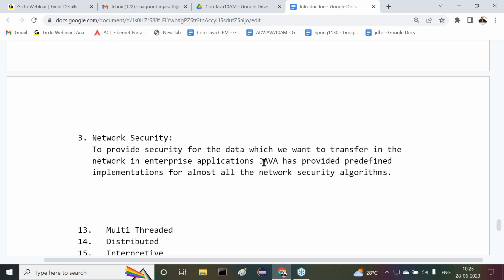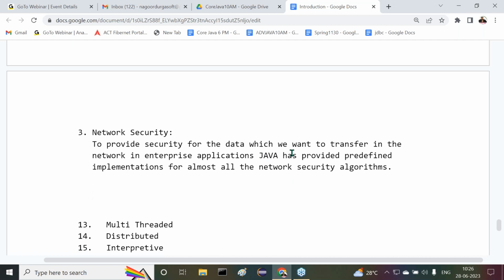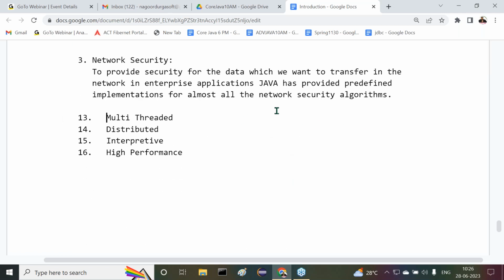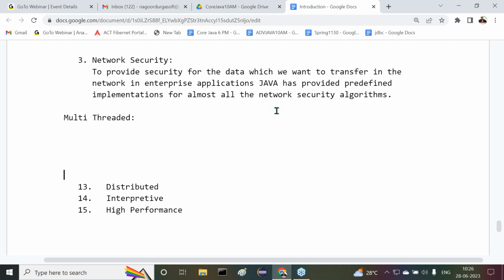Leave this one. It is only introductory content, just to understand what kind of information we are covering here. Leave this one. The next one is multi-threading. Right, sir. Next one is multi-threaded. This is one of the important features we can understand. Again, I'm telling you,